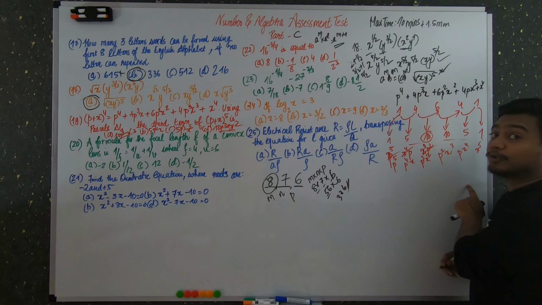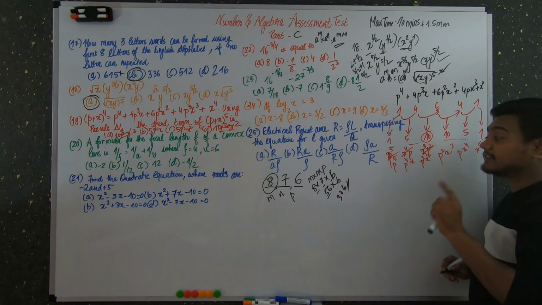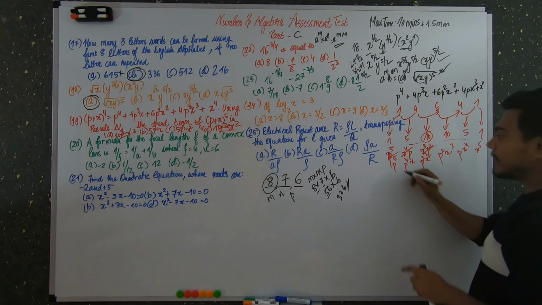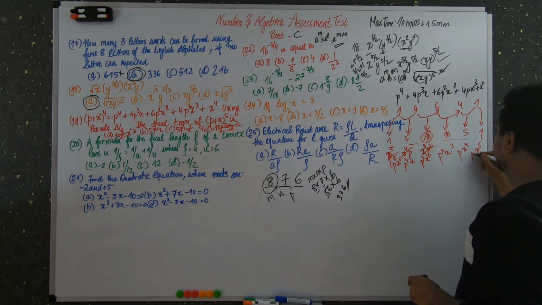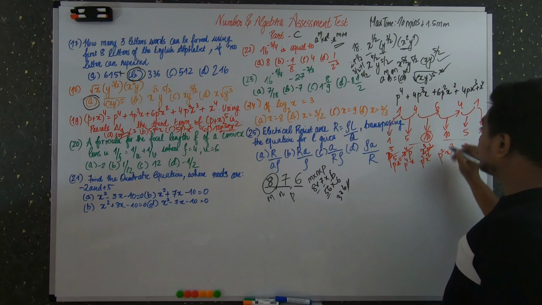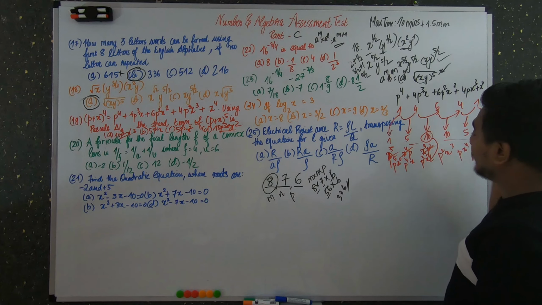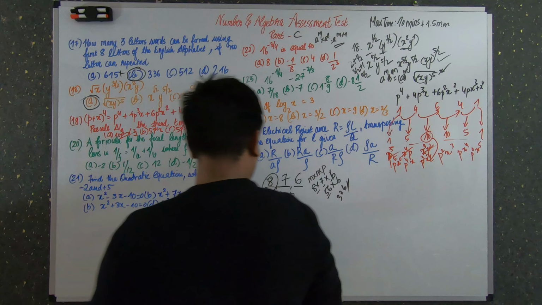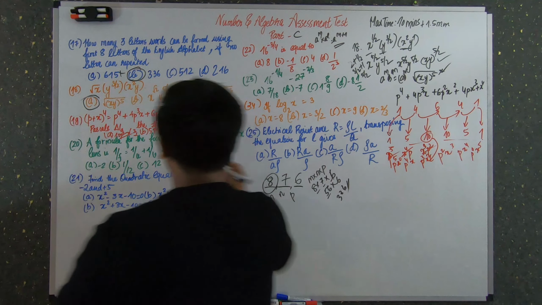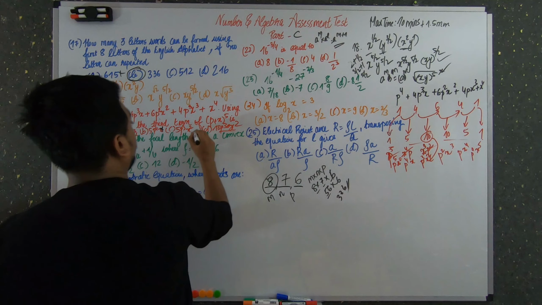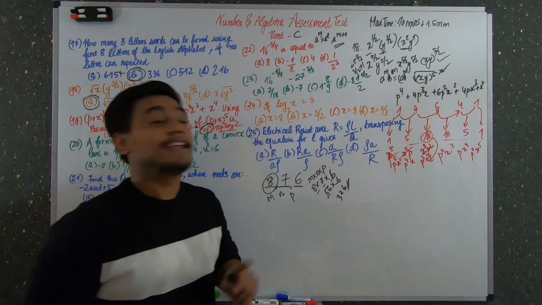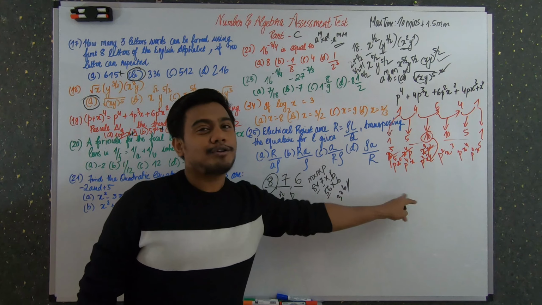As moving from left to right, the power of p decreases, and for the second term the power of x increases while moving from left to right. So you can see x raised to 0 and here it is p raised to 0. Okay, so which is the third term? 10 p cube x square. 10 p cube x square, not this one, not this one. So the option D is the correct answer for this problem.